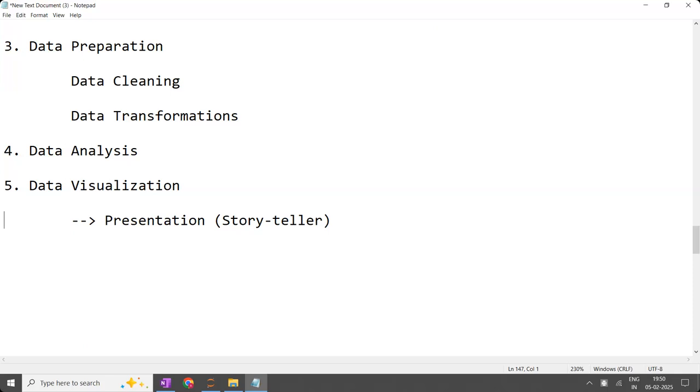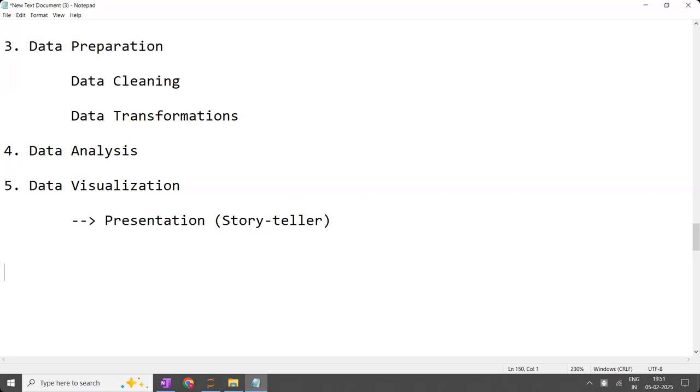He'll explain the beautiful story: how it will start, where the ending will be, and how the screenplay will go, meaning after which scene the next scene will come. He is going to give a complete narration, and he will impress the others. In the same way, whatever presentation we are going to make, based on the plots, we are going to explain it with a beautiful story. That is the presentation.